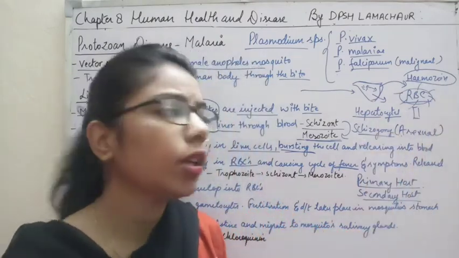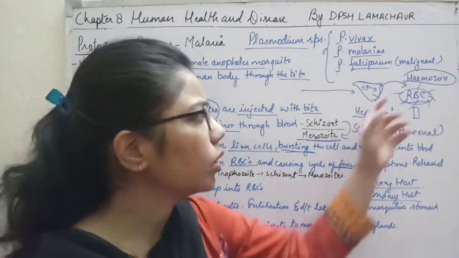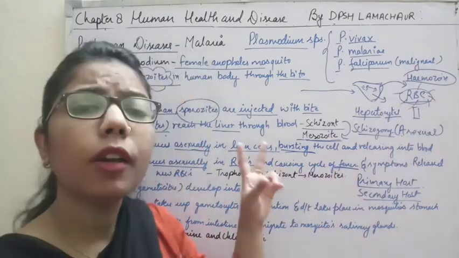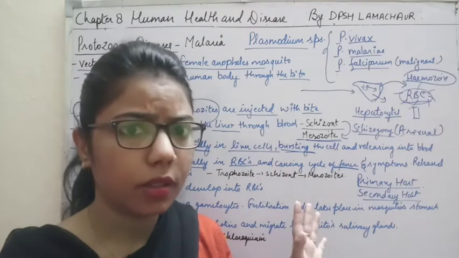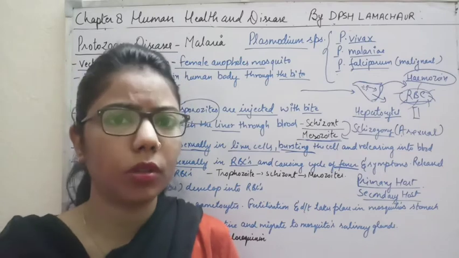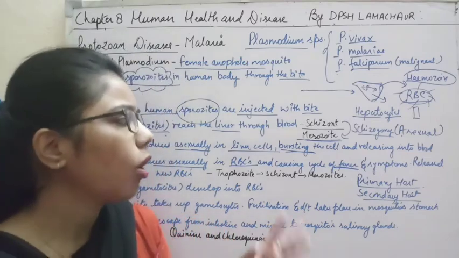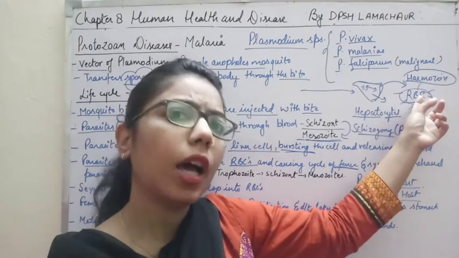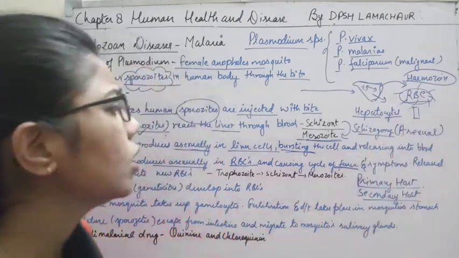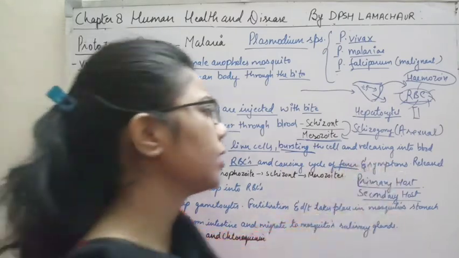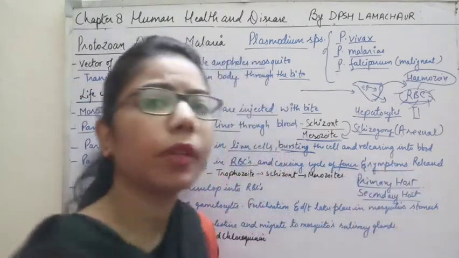It will release hemozoin, and due to the release of this hemozoin, what happens? There will be fever in the person. Okay, so this hemozoin is responsible for causing malaria fever in the person. Right, and due to that there will be fever as well as chilling, shivering of the body. All this is happening. Why? Due to the hemozoin while breaking down the RBC.